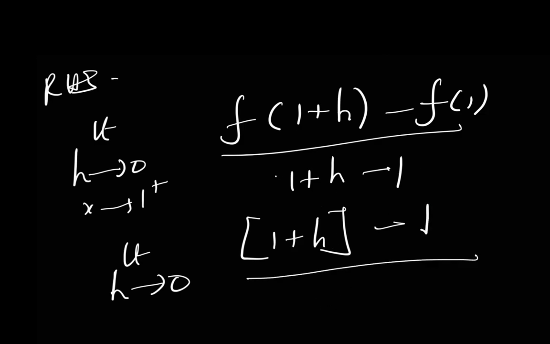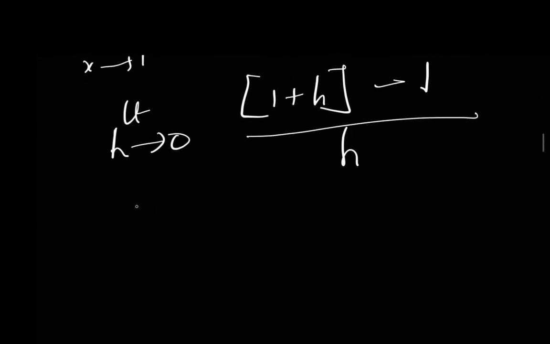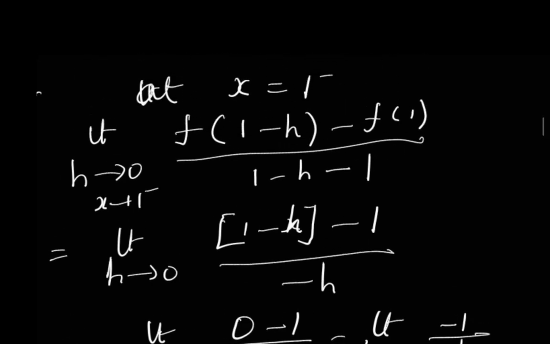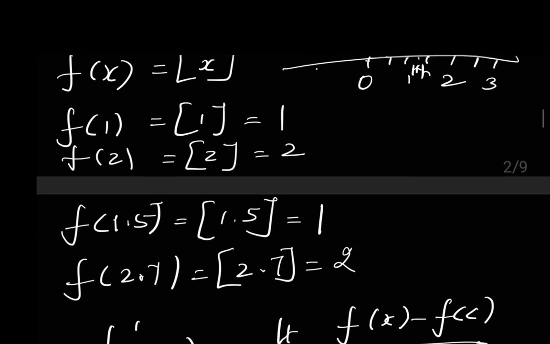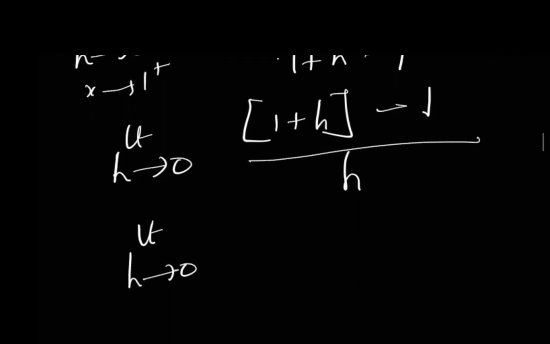So 1 gets cancelled, you will get h. So limit h tends to 0 of f of 1 plus h. It comes after 1, after 1 is 1 plus h. So the greatest integer here is 1. So 1 plus 1